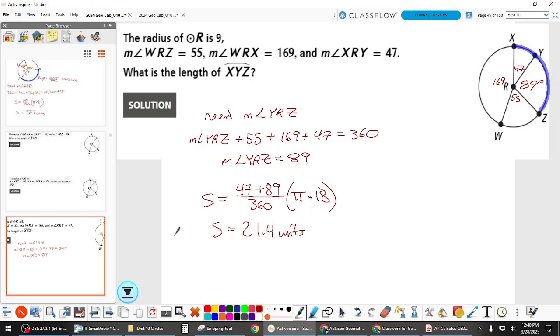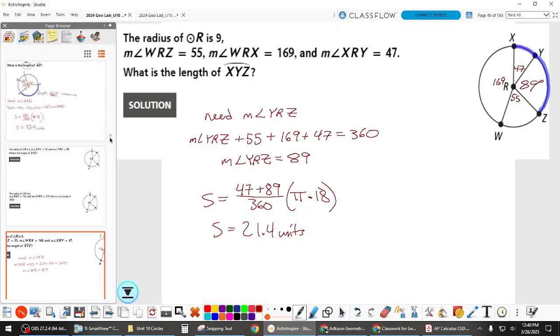How'd that one go? Okay, based on what I'm seeing, you guys are saying that arc length is doing fine, right? Even if you have to manipulate to get the angle and do some things before that. We're good on that? Okay. So you'll get more practice with it, but just to make sure it's good for now. In a similar